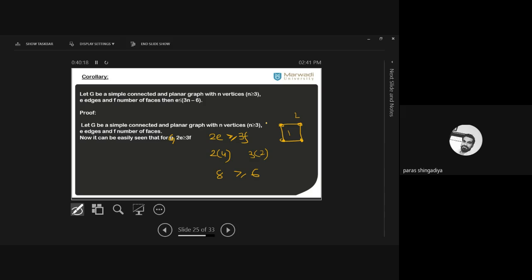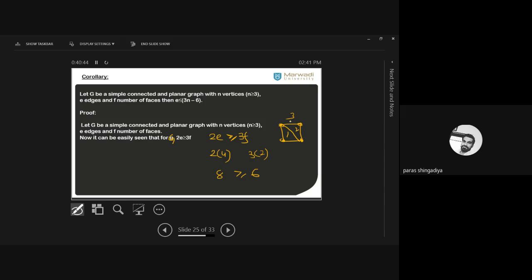That means we consider this result directly here. You can verify it for any graph. Take any graph there, and then find both the answers, the regions and the number of edges, and then you can easily verify. Let's add some more edges and more regions. Now it is 5 edges, and how many faces? 1, 2, and 3. 3 faces are there, with the 5 edges.